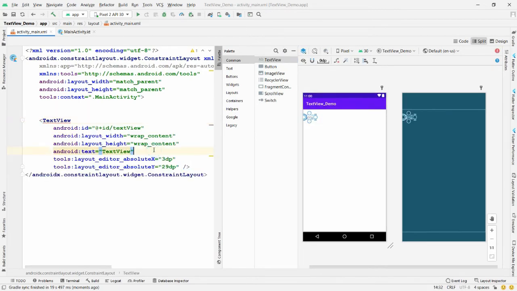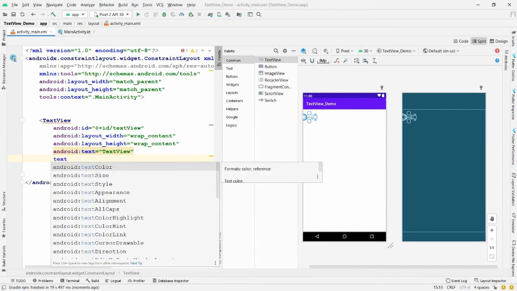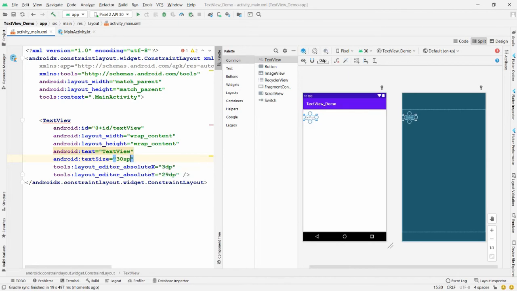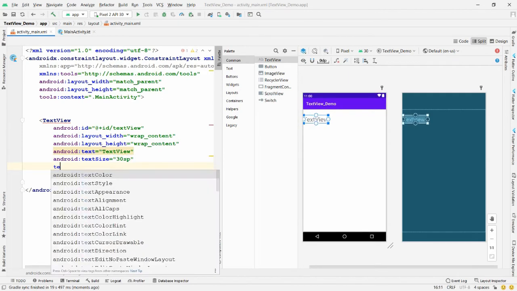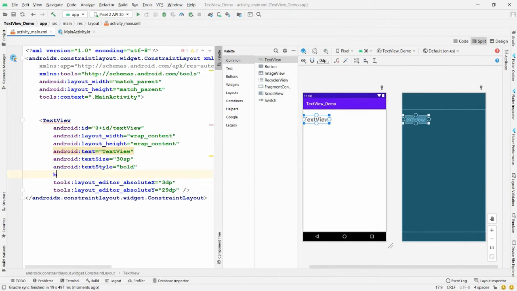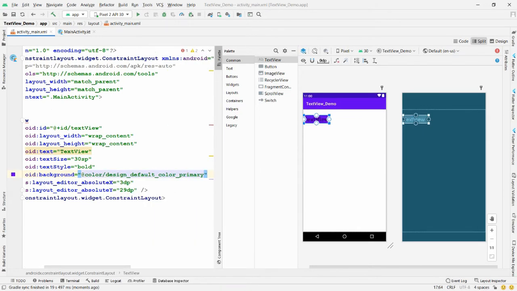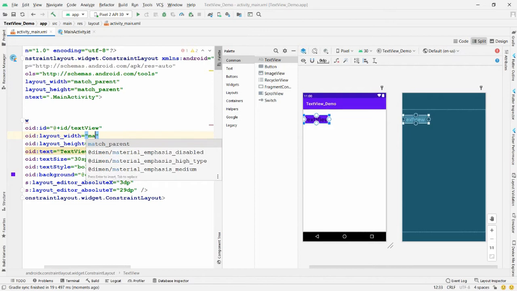Then I'm setting the text size to, for example, 30 SP. Then I want to make the text style bold. I want a background for the text, so I'm selecting the background design default color primary. I want the full width, so I'm setting the width to match parent.